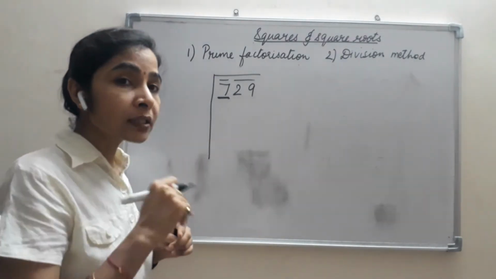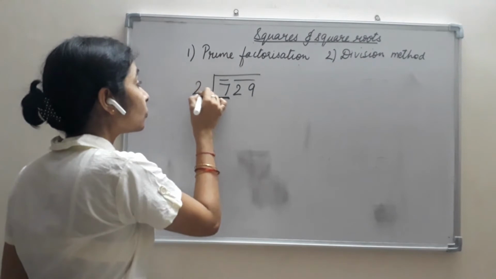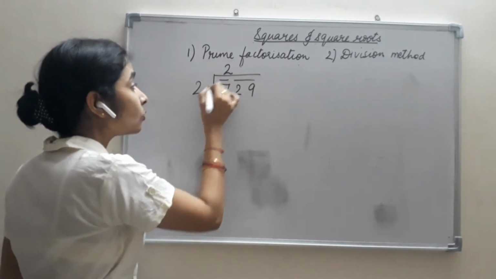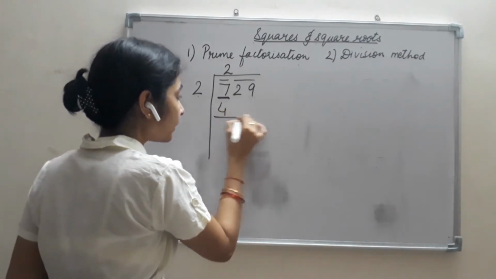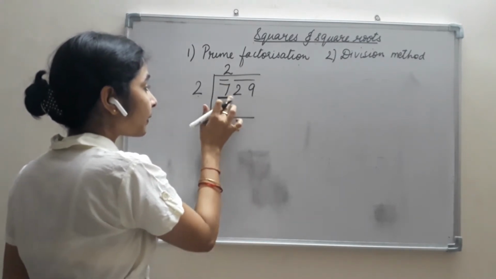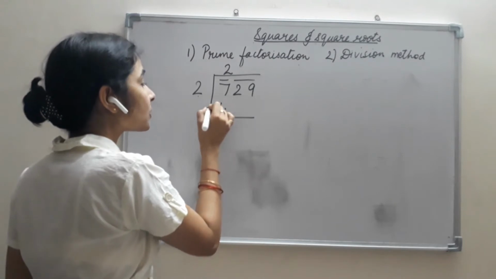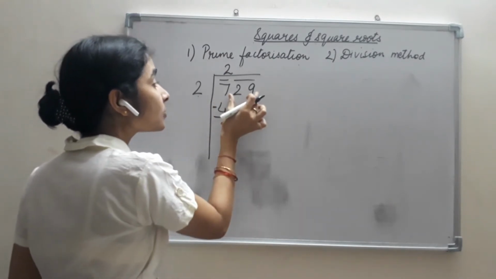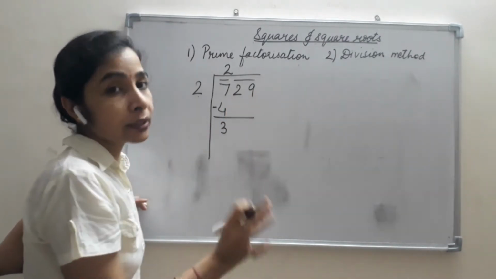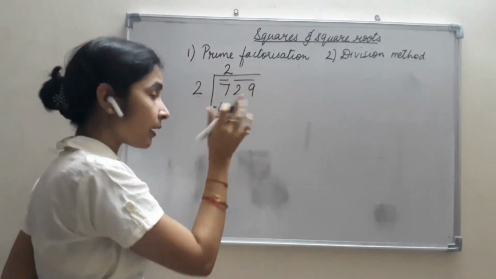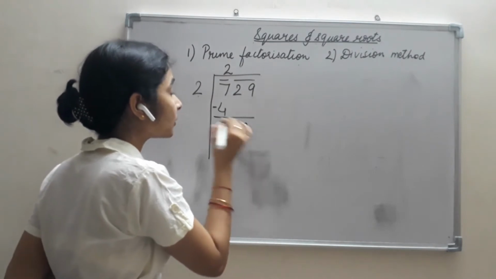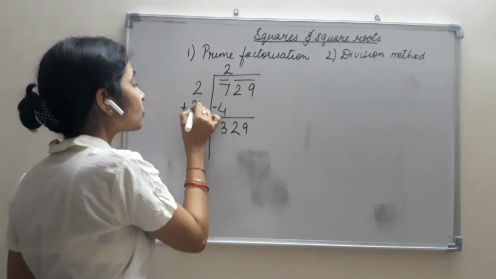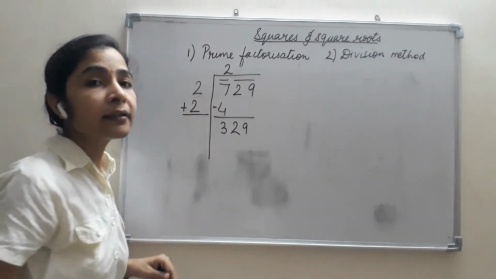So, 2 2s give us 4. So, 2, and here also I will write 2, okay, and 2 2s are 4 I will write here, and I'll subtract it as we used to do in the division. So, I'll subtract it, I get 3 here. Okay, I'll bring both numbers down together because they are under the same bar. So 2 9 I will bring down here. So 2 2s are 4, and one more time I write this 2, and I add this 2 here.